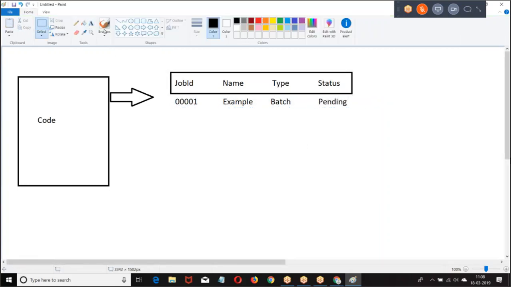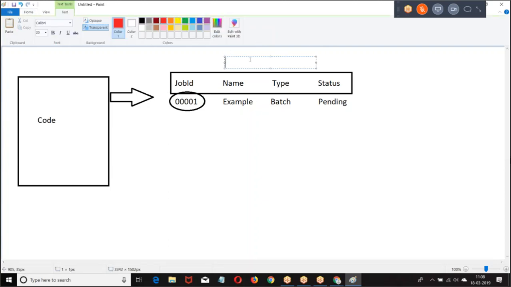Now, with the help of this job ID, we will be referring to this job and knowing the status of the job. Any asynchronous job that is running will be registered with Async Apex Job. Once you call the code, it will go to that object and register a job.